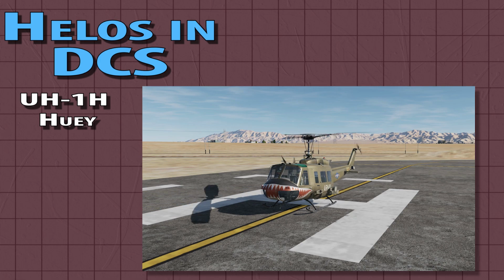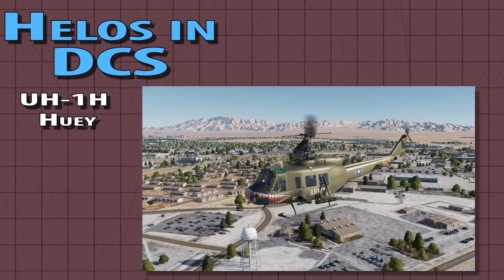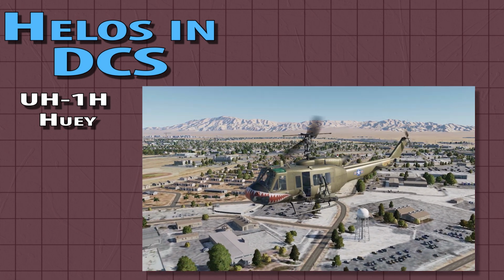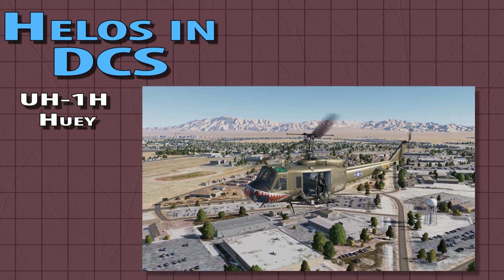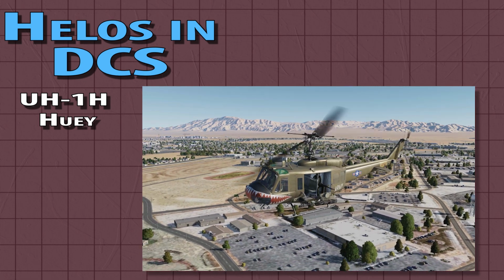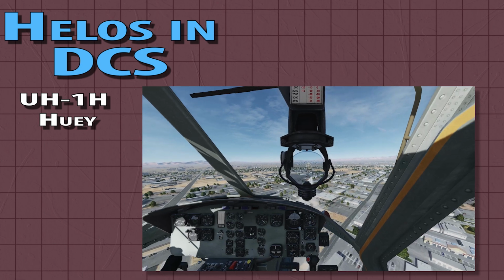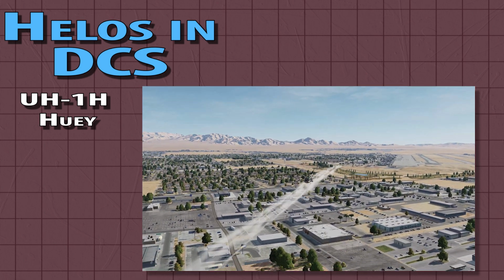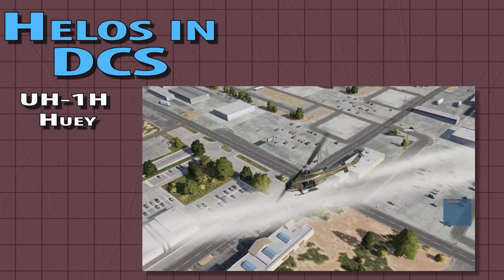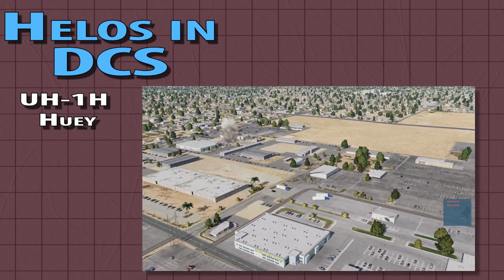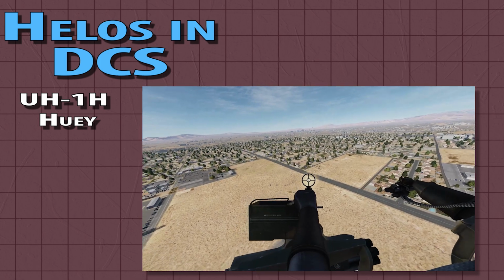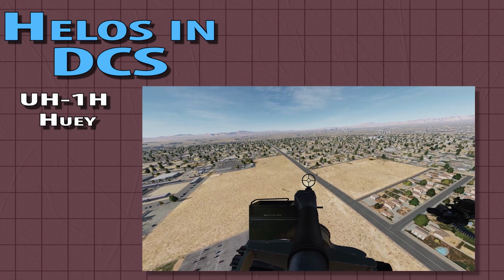Though still in active service around the world, the Huey proved itself in the Vietnam conflict. An American 2-rotor single-turboshaft utility helicopter. Capable of carrying several troops, it has been used as just about everything from transport to gunship. In DCS, it comes with many liveries and can support 2 door gunners, rocket pods, and miniguns. This helicopter is currently the only one with working multi-crew, making it a lot of fun to fly around with